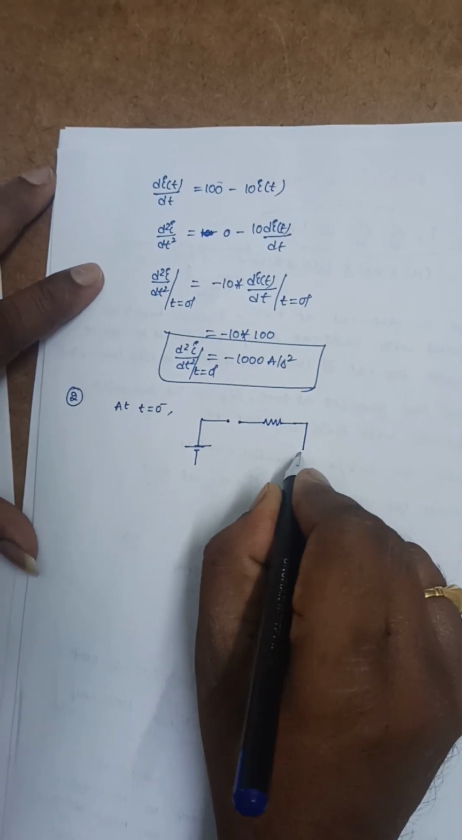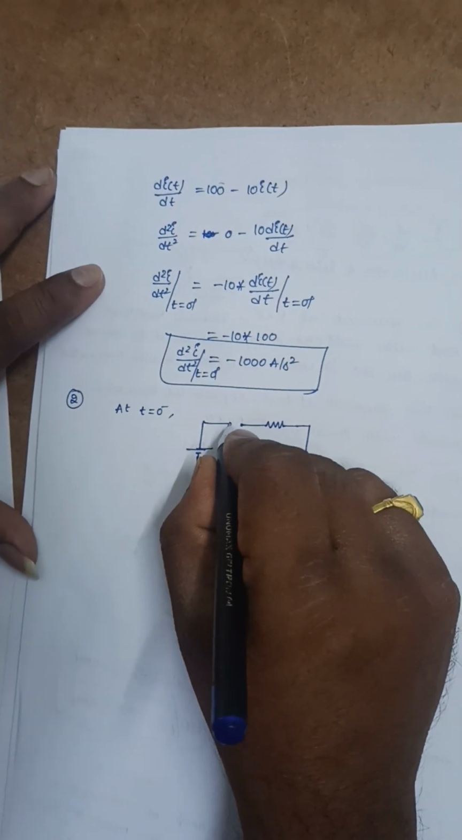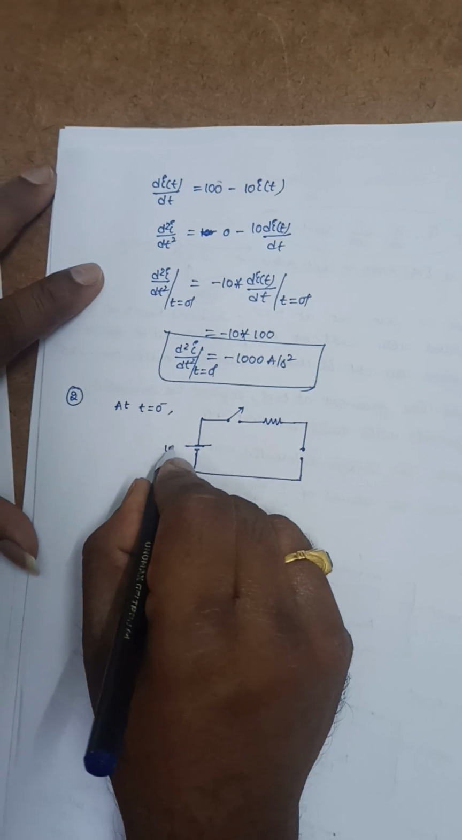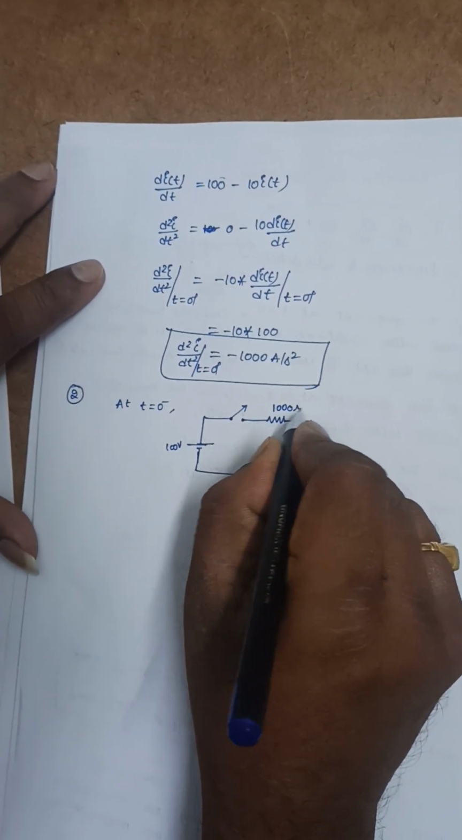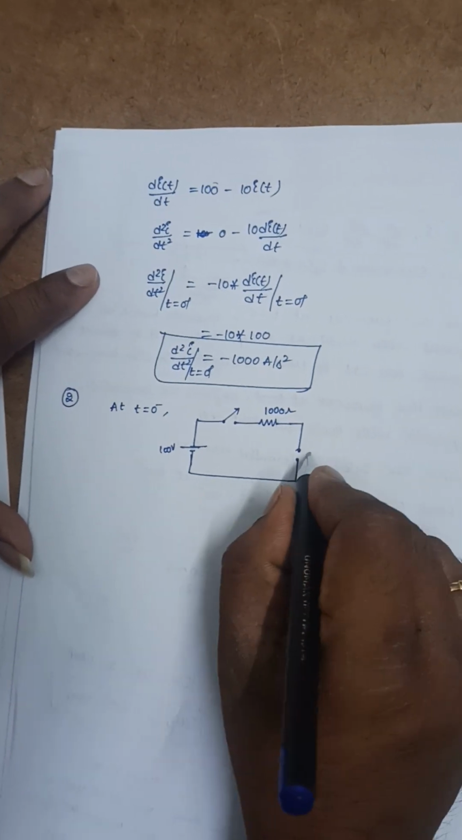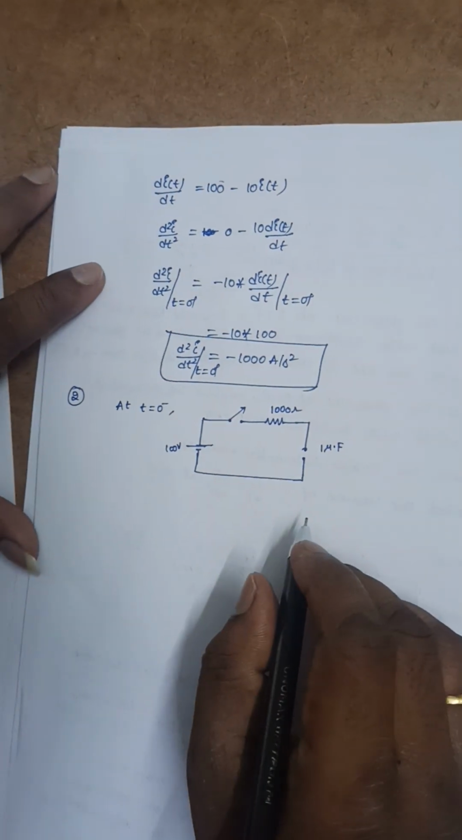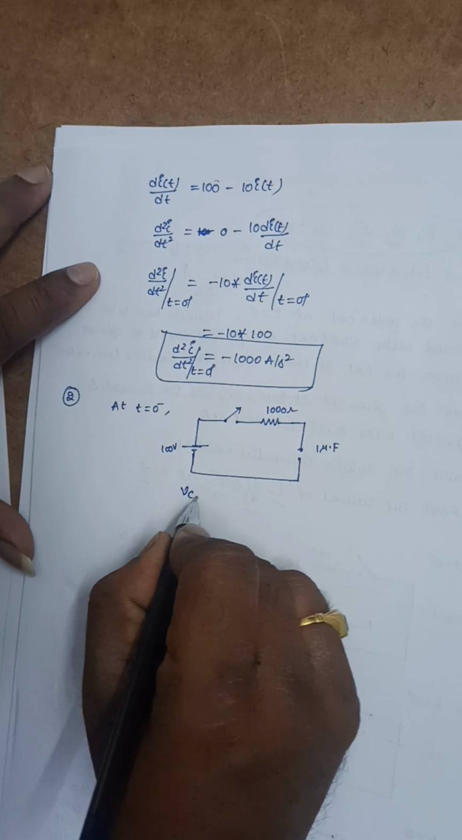The capacitor will act as an open circuit under steady state condition, and the switch is in the open position. Now the voltage here is 100 volts, this is 1000 ohms, and the capacitor value is 1 microfarad. I need not write here because it is open circuited. And if there is a capacitor, what we have to find here,